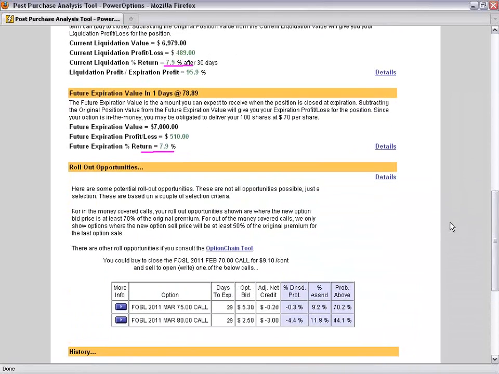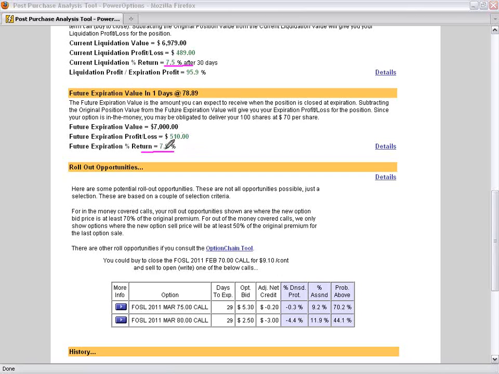Now this is a really good example of what I was referring to. We're February expiration. If I made no adjustment, if I looked at this trade this morning, I would have seen that I could have liquidated for maybe 7.5% if I closed it out right now, or just let it get assigned for 7.9%. That did match my goals, as we mentioned. It's at least 2.5% over the past 3 months. I'm still within my range of making that 2.5% to 3% per month.